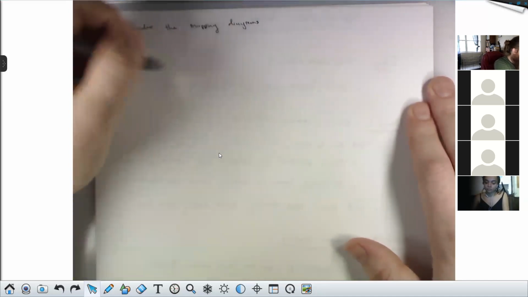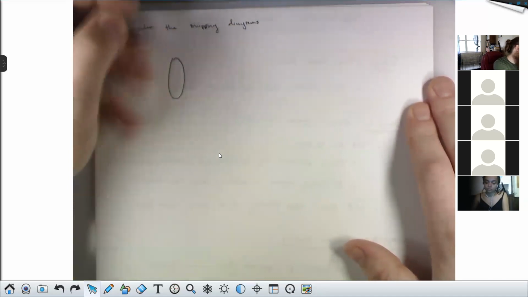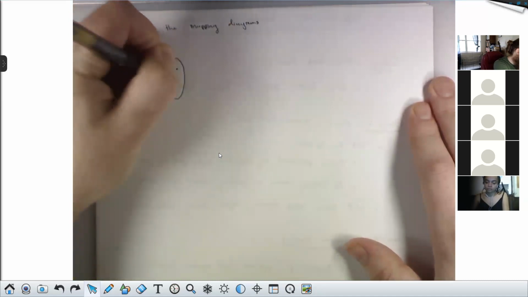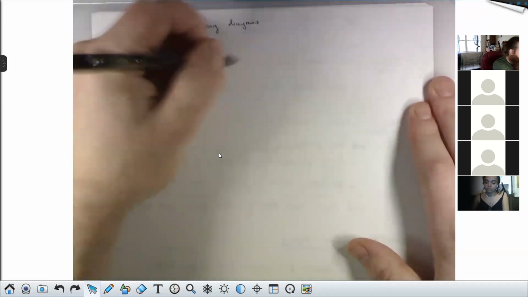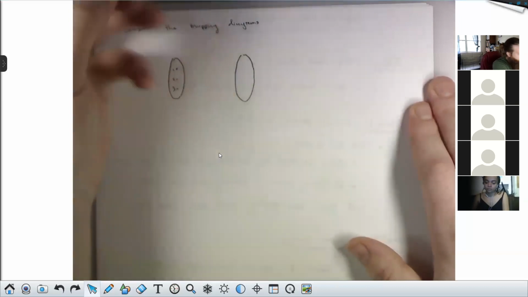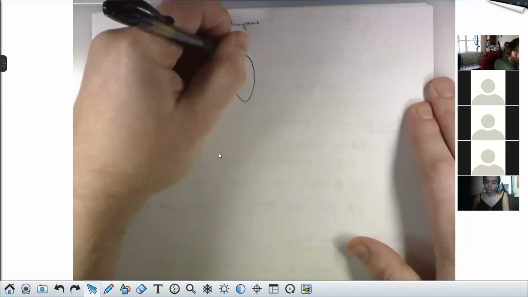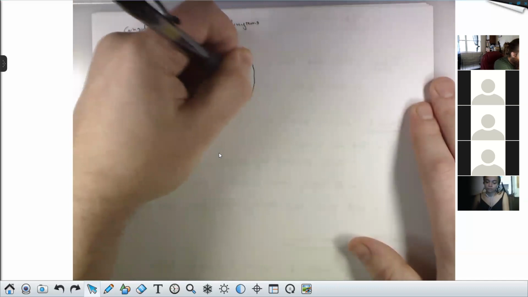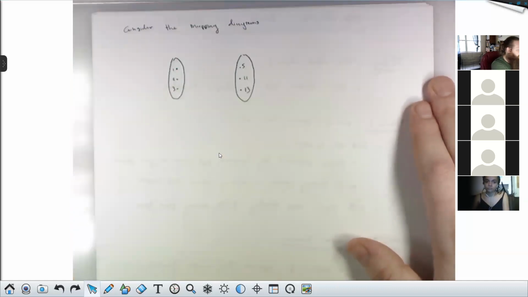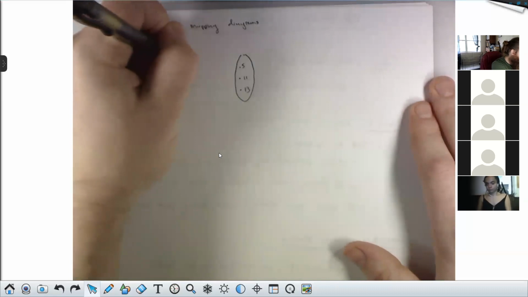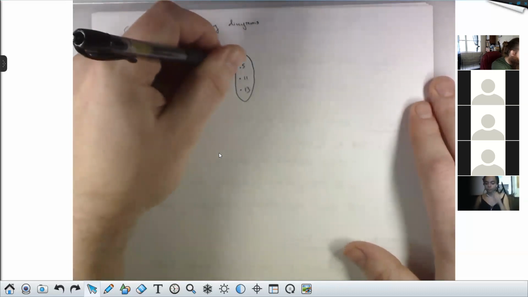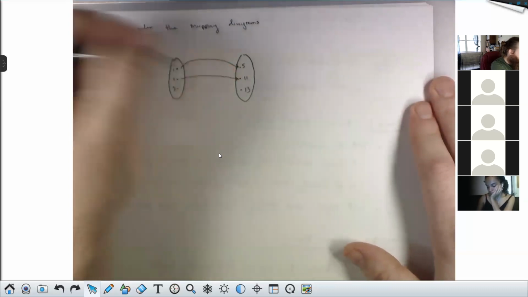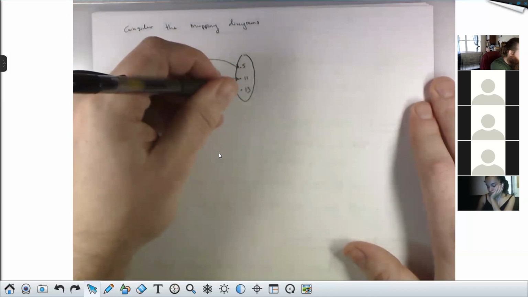So consider the following mapping diagrams. I'm going to explicitly tell you the inputs and outputs. This is 1, this is 2, this is 3. And here I've got 5, 11, and 13. If the function f sends 1 to 5, sends 2 to 11, and sends 3 to 13,